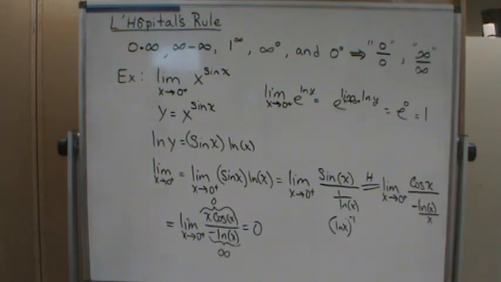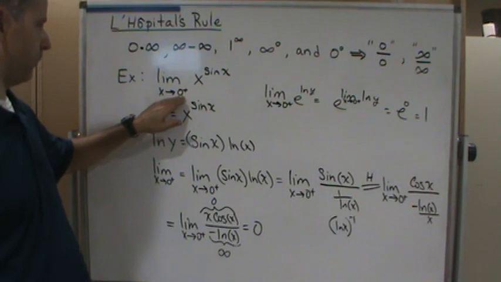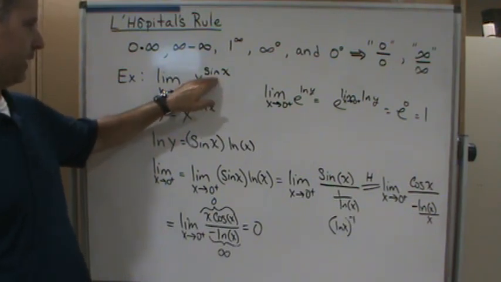And so the limit of the original function, the limit as x approaches 0 from the right of x to the sine x power